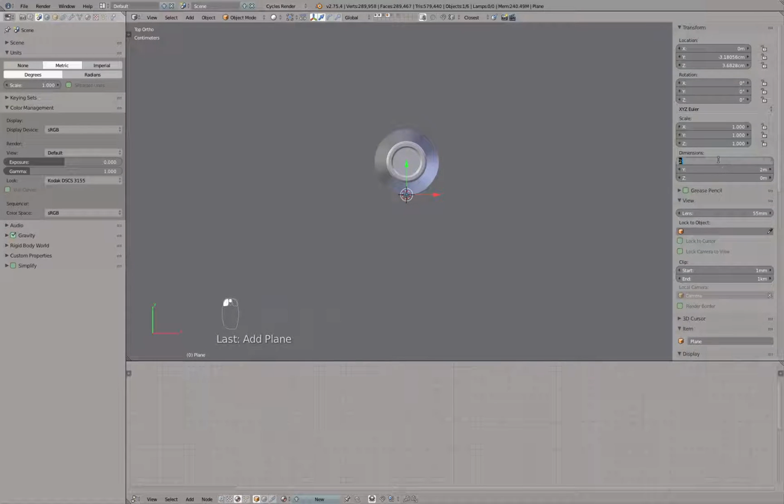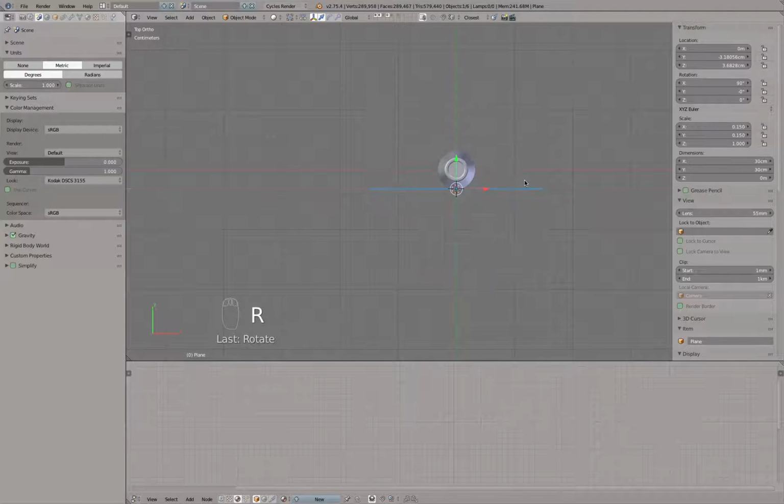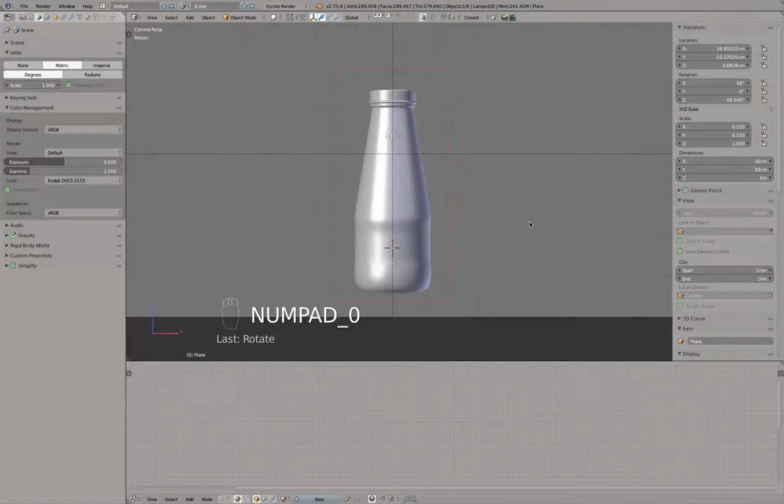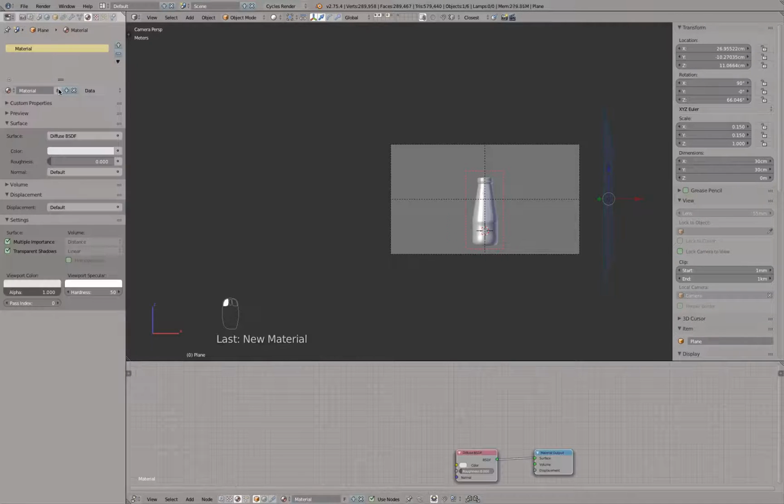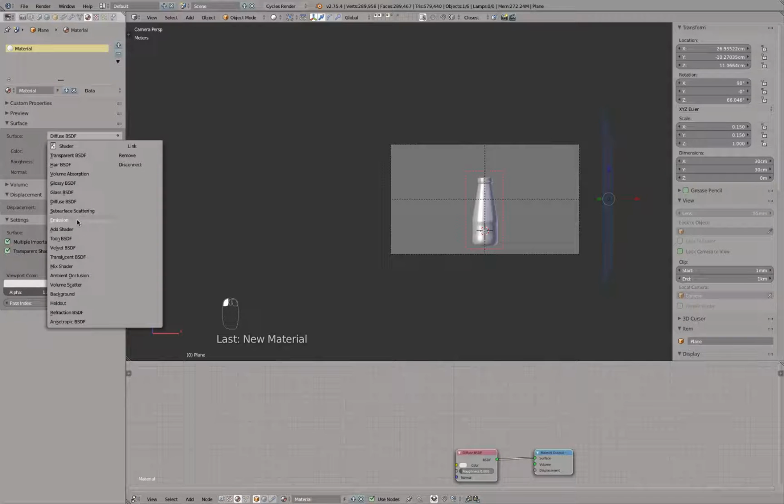and let's make this one maybe 30 centimeters by 30 centimeters. Oh, this is actually pretty big. Let's see if this will work. RX 90, move this one to here, and then in top view maybe rotate it so that the face is perpendicular to this bottle. So what's this plane actually going to do? Well, we will turn this one into a light. To do this, we can go to Materials, New, set Diffuse to Emission,